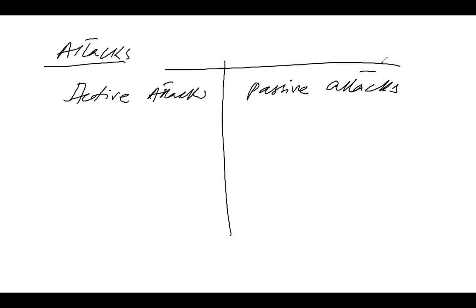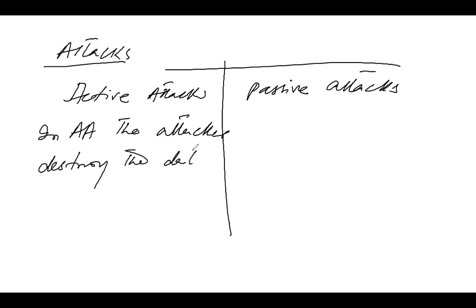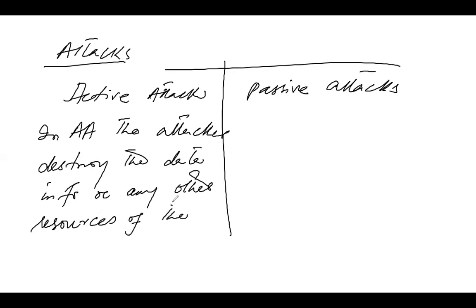In active attacks, the attackers destroy the data, the information, or any other resources of the users. So in active, there is destruction,